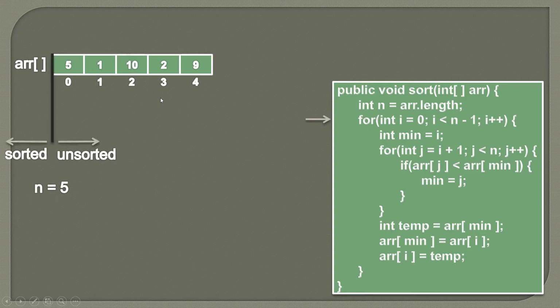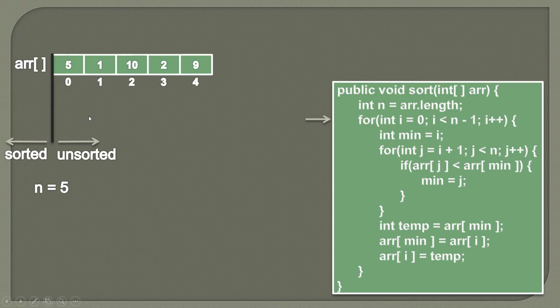When we start the algorithm, the sorted part has 0 elements and the unsorted part has all the elements. So basically we find the minimum element in the unsorted part, and once we find it, we swap it with the leftmost element of the unsorted part. And once the element is swapped, that element becomes part of the sorted array and